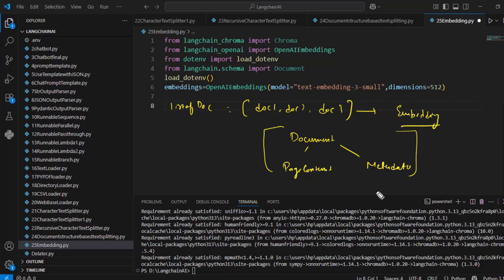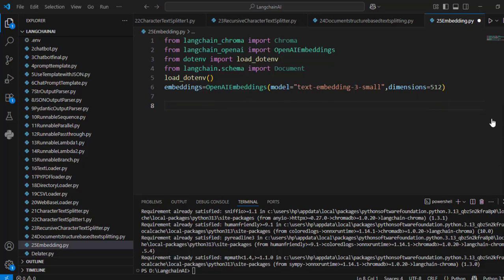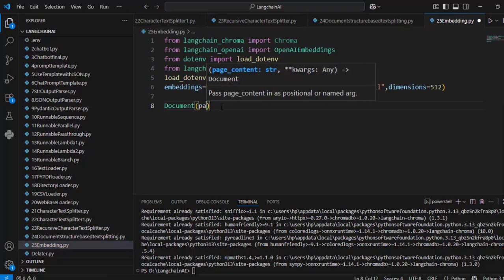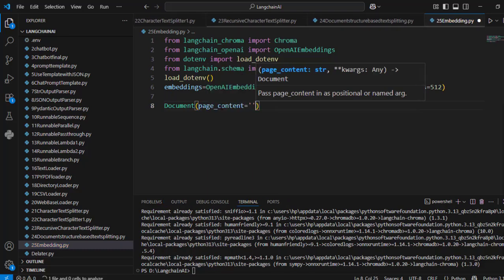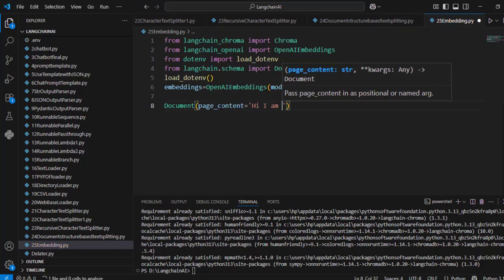But first I have to define the document which will have page content and metadata. Each document will have page content and metadata, and after that I will generate a list, and this list as a whole I will use to convert into embeddings. So first let me create the individual document. For that I will call this Document class, and in this Document class I will write the page content, and the page content I am just writing, hi, I am Vikas, and in the